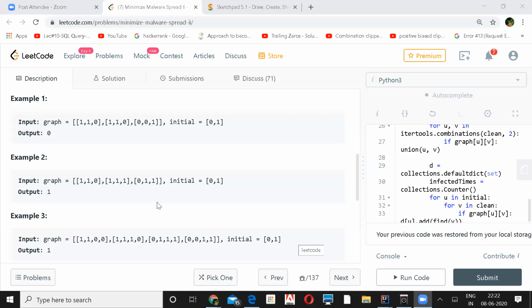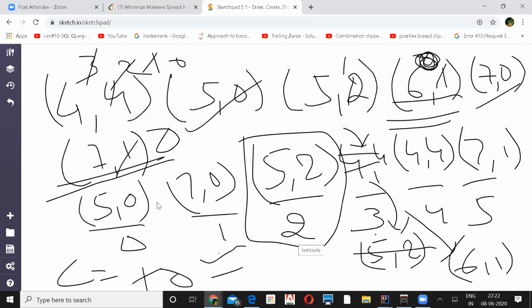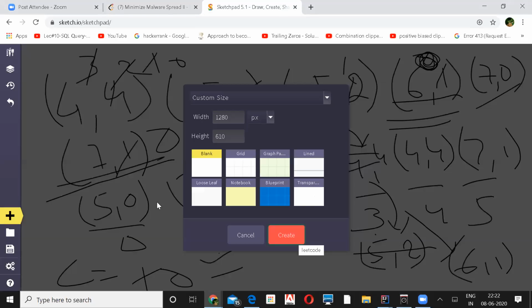So can you explain with an example? Yeah, sure. Let me give you the example. It's 110. Let me get a new screen. Yeah, 110. Again 110.